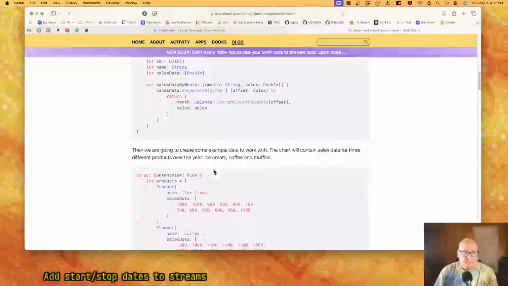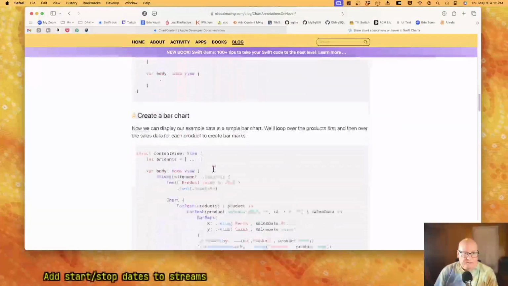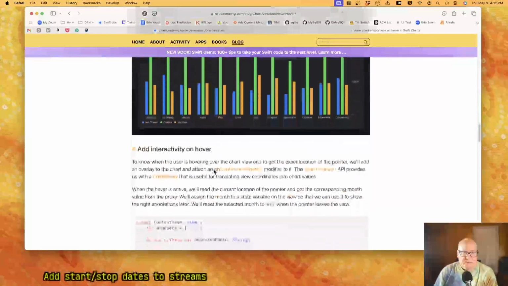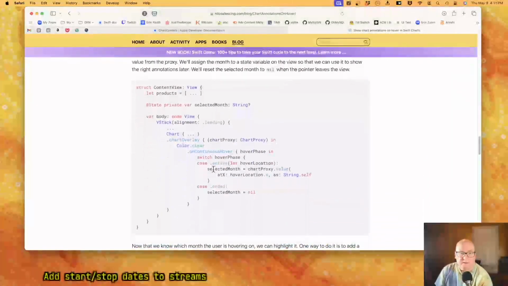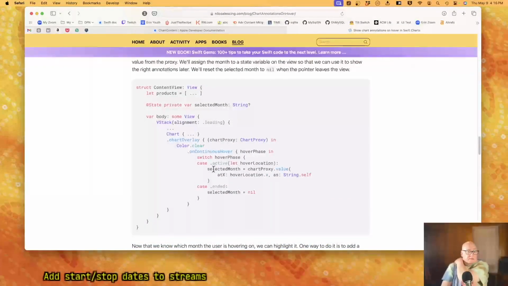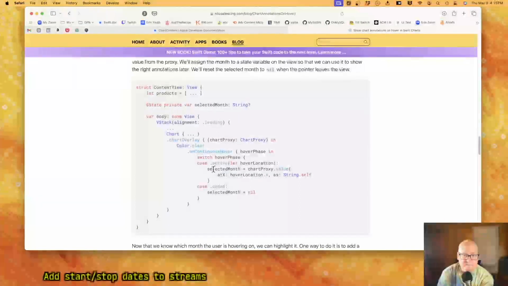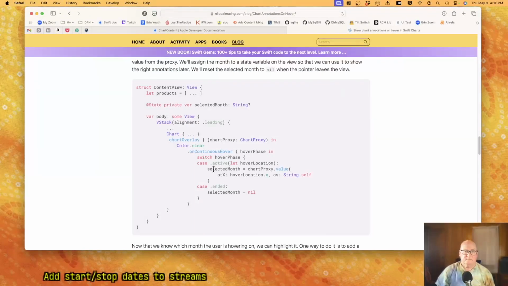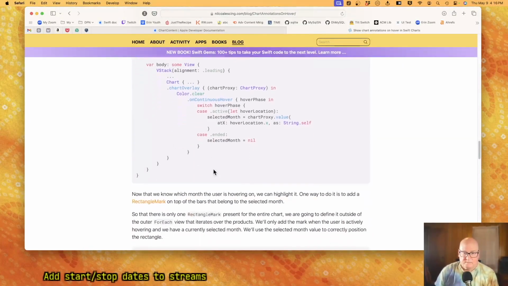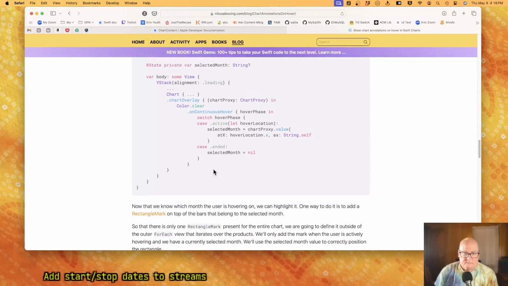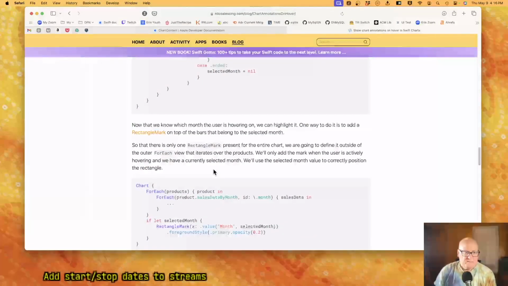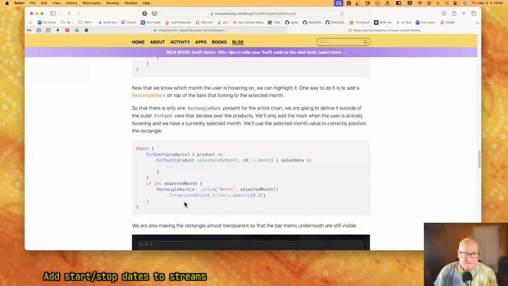Okay. Chart data. Bar chart on continuous hover. One selected month.